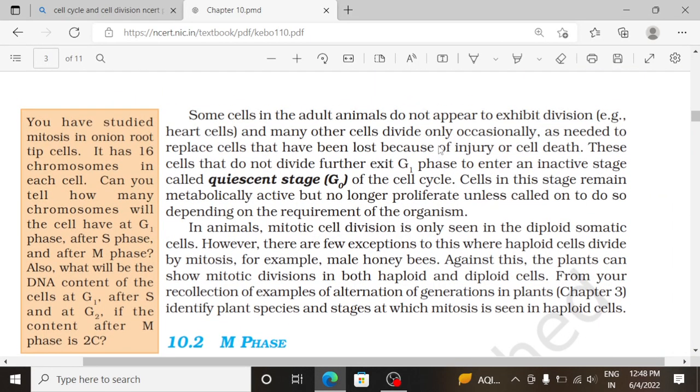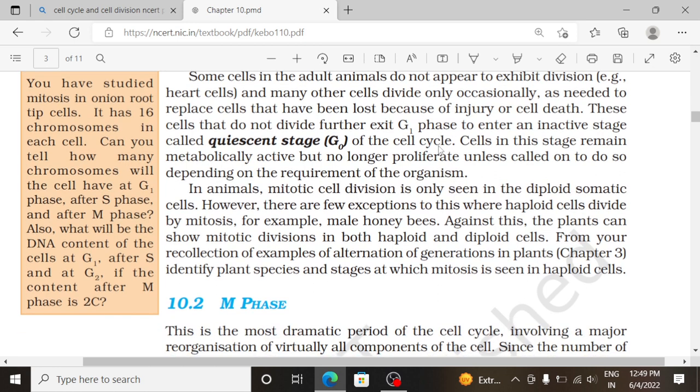Some cells in adult animals do not appear to exhibit division, for example heart cells, and many other cells divide only occasionally as needed to replace cells that have been lost because of injury or cell death. These cells that do not divide further exit G1 phase to enter an inactive stage called the quiescent stage, that is G0 of the cell cycle. Cells in this stage remain metabolically active but no longer proliferate unless called on to do so,